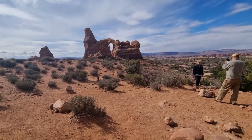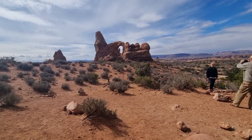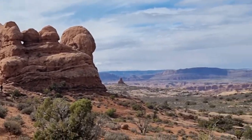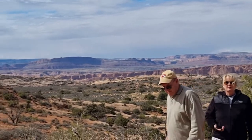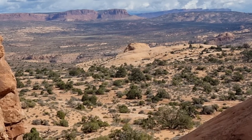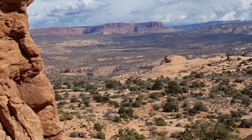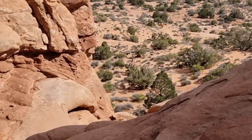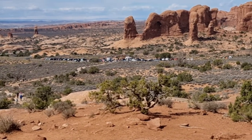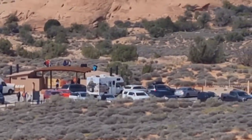And on the way to visit the arch that I just showed you, off to the side, get a view of this one against an incredible backdrop. And from inside the arch, or underneath the arch, this is the view. No wonder it's called the Window Arch. This is from under the arch, looking back down at the parking lot. You can make out, there's my camper,